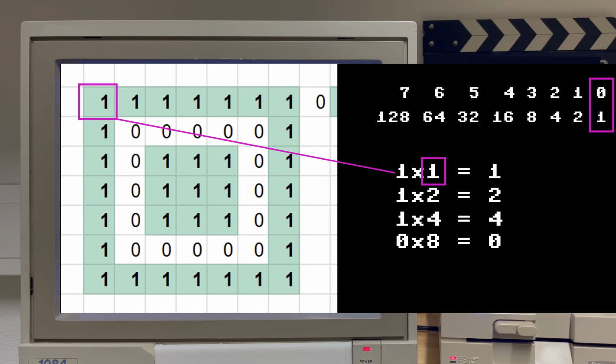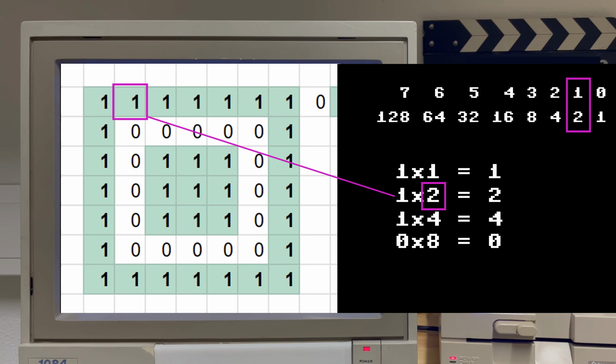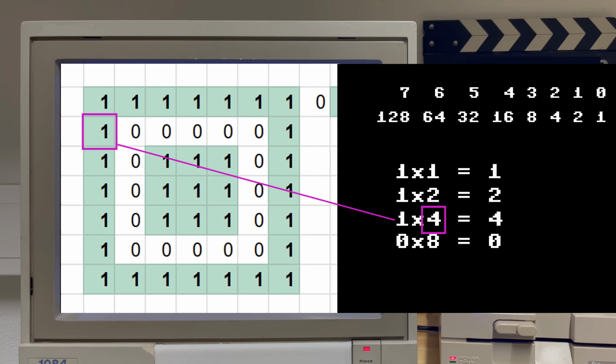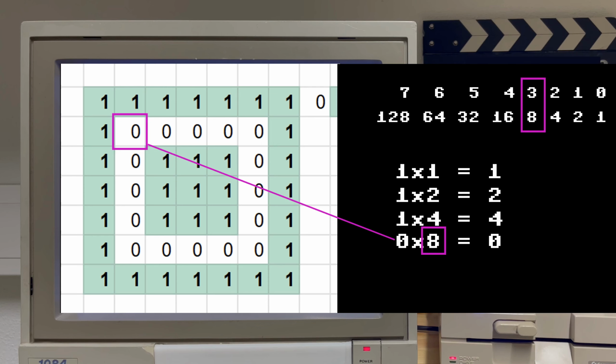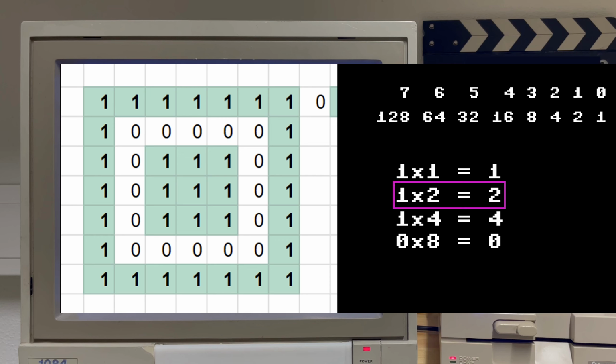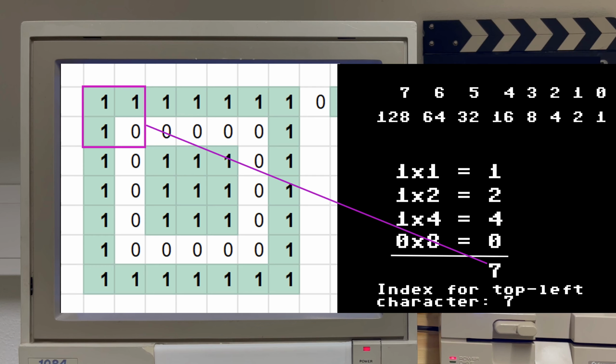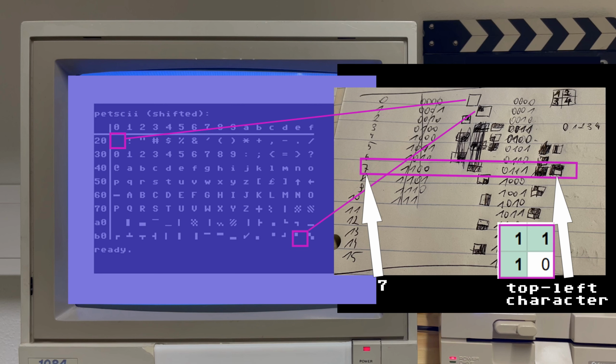Module on top left is taken as is. The module to the right is shifted to bit 1. The left module on the second line is shifted to bit 2, and the fourth module is shifted to bit 3. In essence, value 2 is multiplied by 2, value 3 is multiplied by 4, value 4 is multiplied by 8, and these values are added up. This results in a maximum value of 15. Now, all we need to do is to create a lookup table that contains the screen code or Petscii code of the characters in question, and we're good.